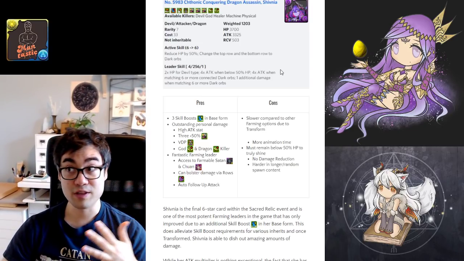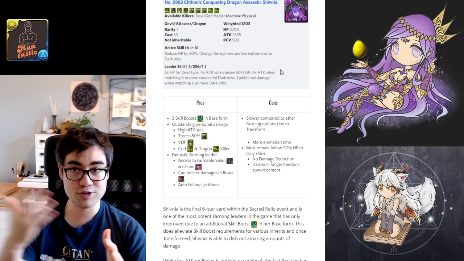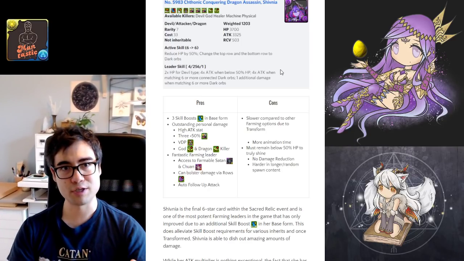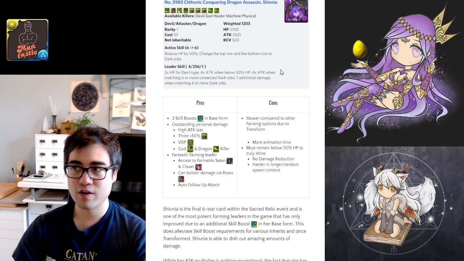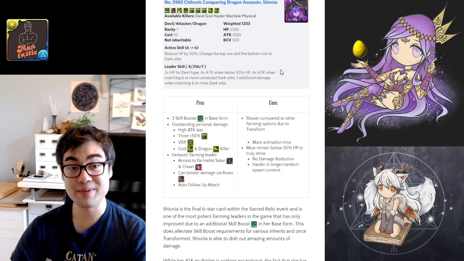Furthermore, if you utilize something like Fortress Dragon, who transforms into Dark Magician Girl, you get those 3 haste. So you transform Dark Magician Girl or Fortress Dragon to haste, and your Shivnias come up much quicker. You can do lots of cool and creative things with them. So as a whole, they are a powerful farming leader, and you also can access many farmable cards because Satan